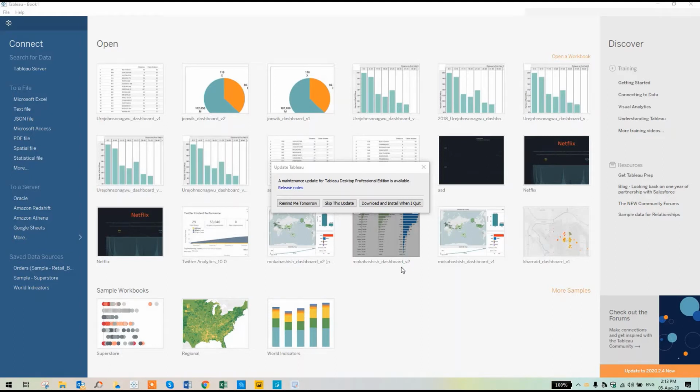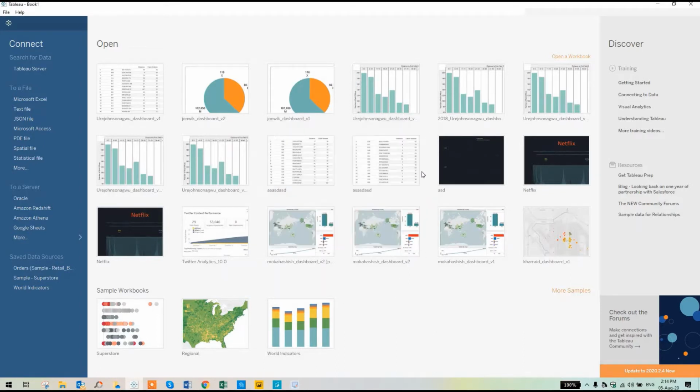Hello guys, so today I'm going to create a 30-minute video in which I will explain the basics of Tableau Desktop and how to create a dashboard in Tableau. It will include all the steps. I'll go through step-by-step instructions of how to create the specific visualizations and dashboards, how to create different types of visuals, how to add a filter, and how to create a dashboard in Tableau Desktop.